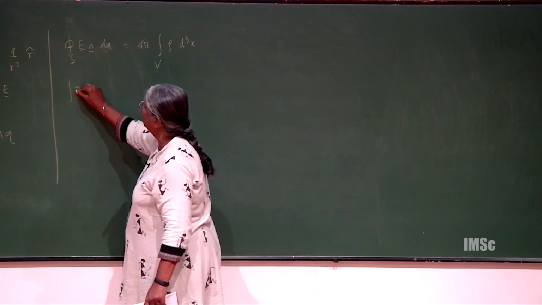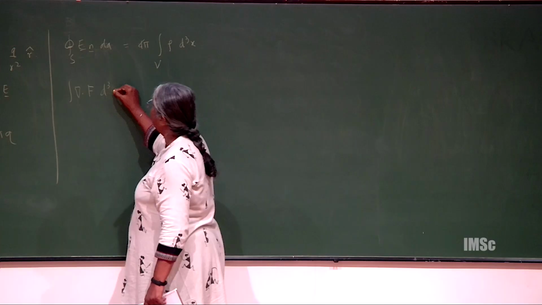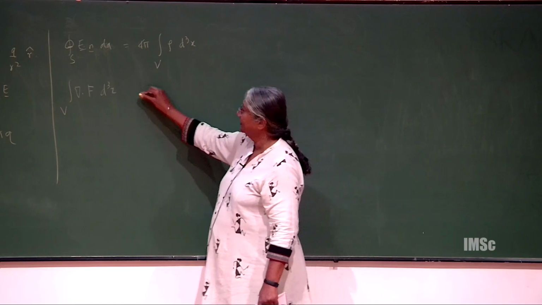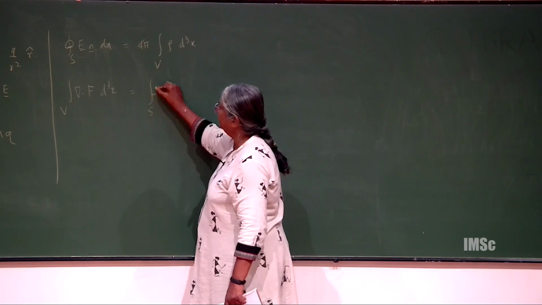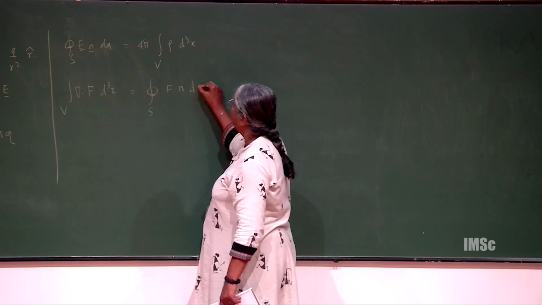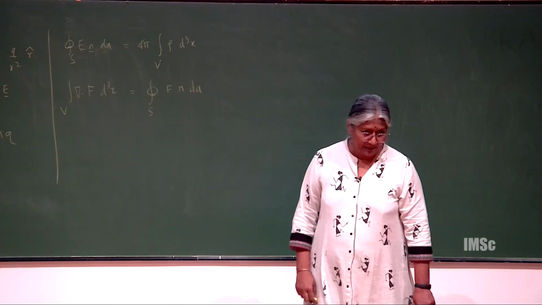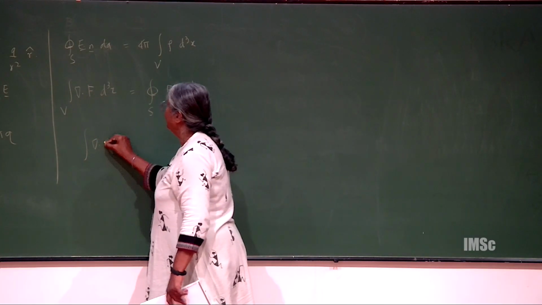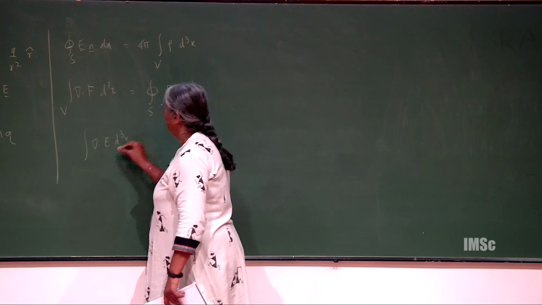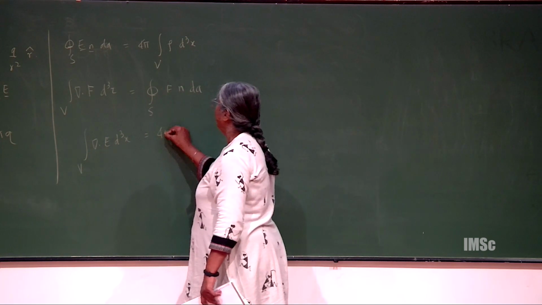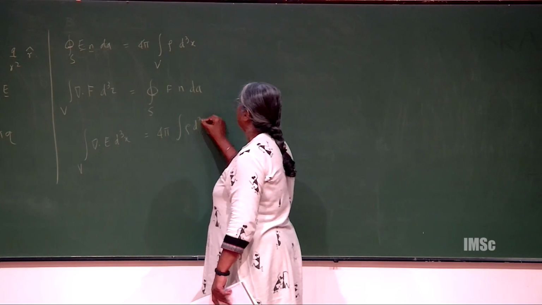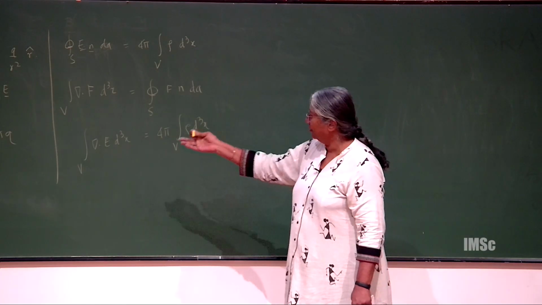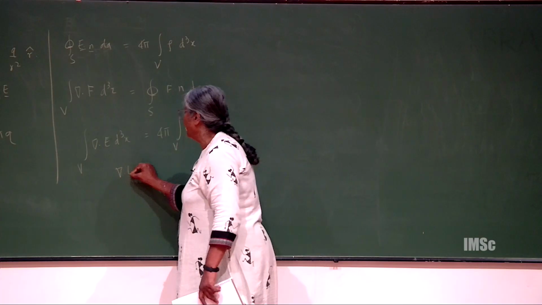That if I have a function del dot f over some volume d cubed x over a volume v, then I can write it as the surface integral of f dot n over that surface area, right? So now I'm going to apply it backwards. So the left hand side now will become del dot E d cubed x over some volume, which is equal to 4 pi rho d cubed x over the same volume, and therefore if I look at the integrands, because I can bring it to the other side and the volume element is not 0, I can say del dot E